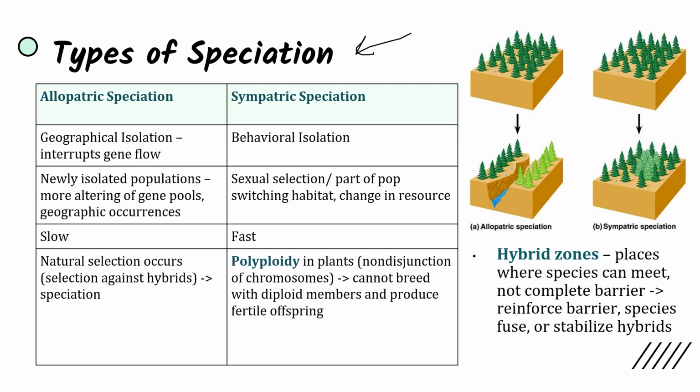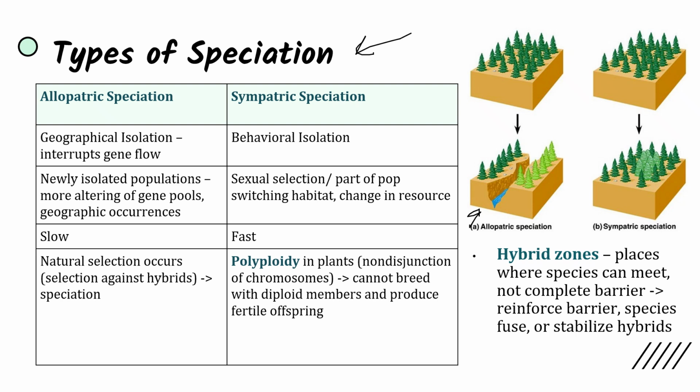And so when populations become isolated, then all of a sudden we have different altering of gene pools, and we're going to have speciation occur. And this happens through geographic occurrences. So for instance, over here we can see erosion has caused a valley and a river to form